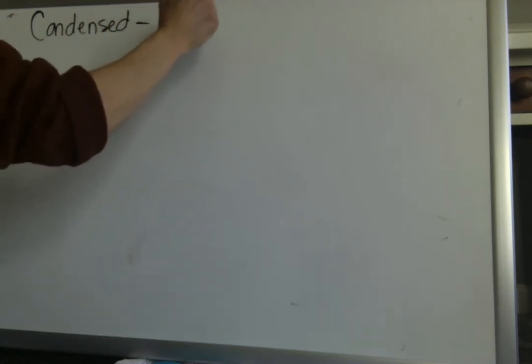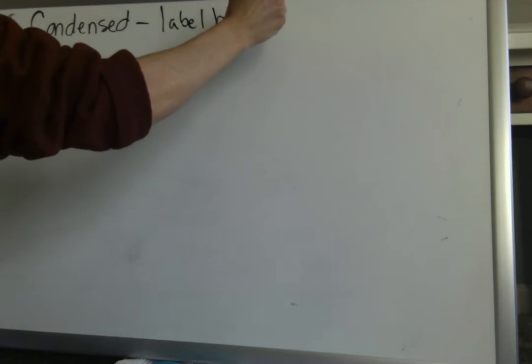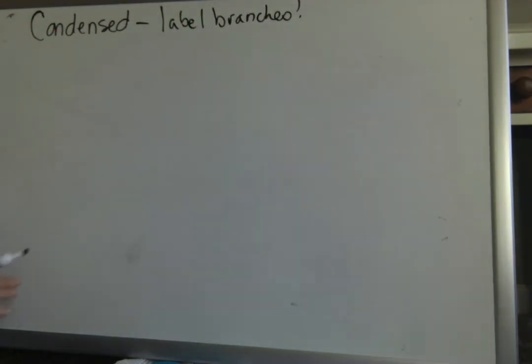Now maybe we're skipping a grade or two. We're going to get up to what we call the condensed version. And that means we're going to label the branches. We're going to be doing the same problem, that page 677, number 4, the exact same problem. But we're not going to view it as red 1 and red 2. We're just going to view it as a red ball and a green ball.